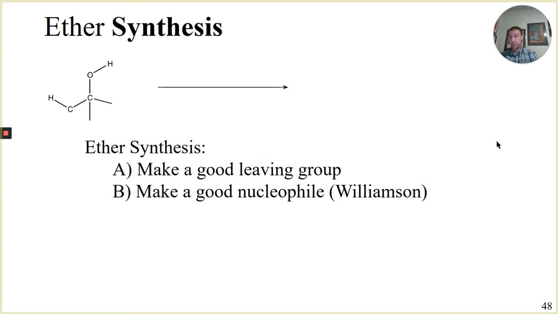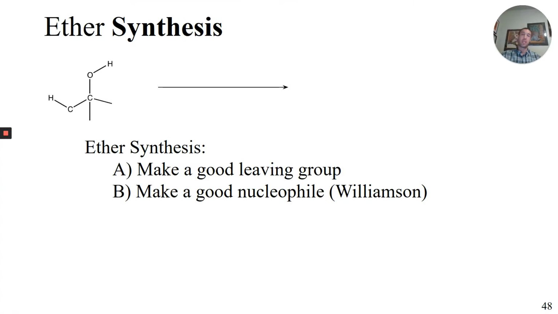So in ether, if we remember correctly, perhaps from diethyl ether from the lab, take a look at our little flying bat, and we have what is known as diethyl ether. Each of the branches is 2 carbons, so we could call it diethyl, and then we just drop in the functional group, ether. There's really 2 approaches to making an ether. We can make a leaving group and make that leaving group good, or we can make a good nucleophile. The good nucleophile is named after the particular synthesis, so Williamson